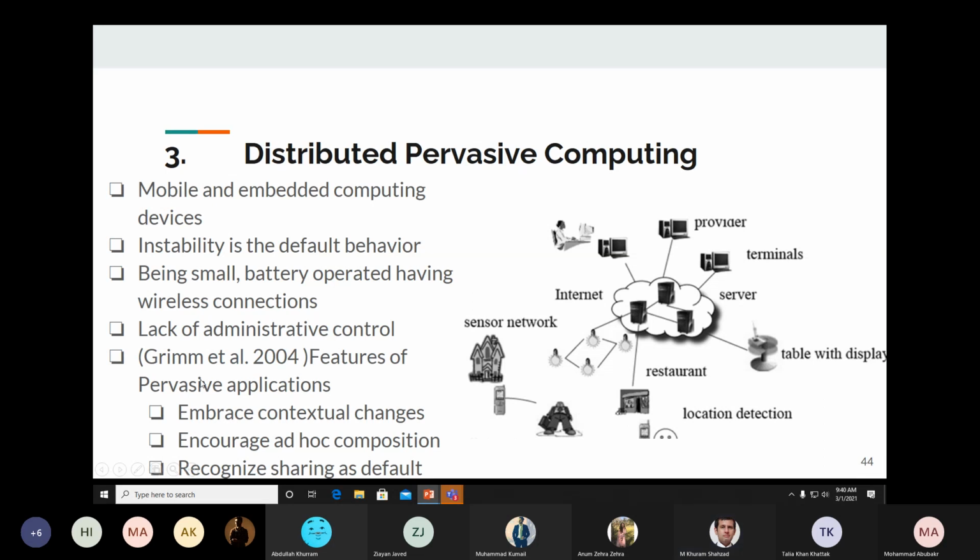Okay, so features, according to this paper, features of pervasive applications are: embrace contextual changes. अच्छा, ये contextual changes क्या होते हैं? कॉन्टेक्स्ट पे एम्फेसाइज़ किया जा रहा है।